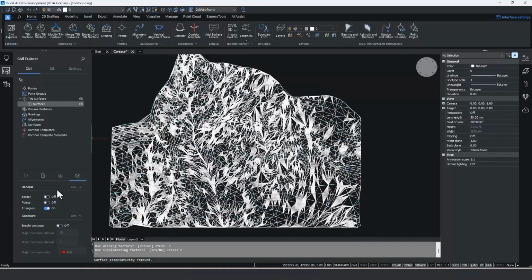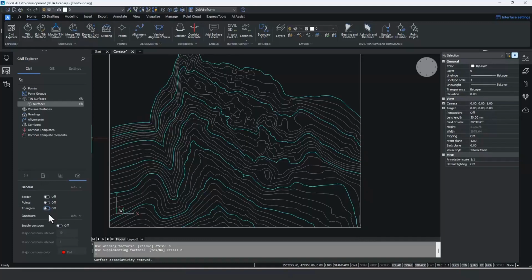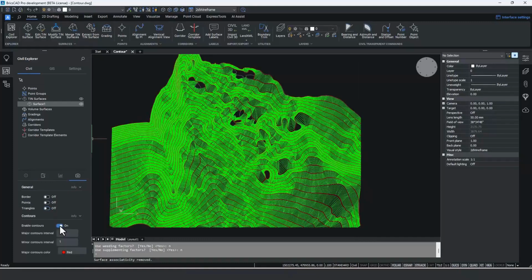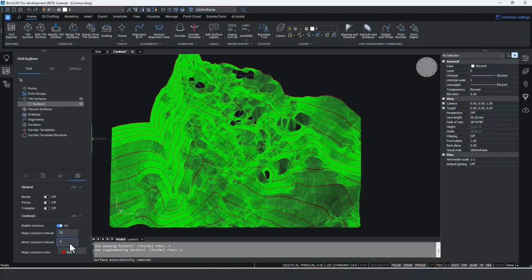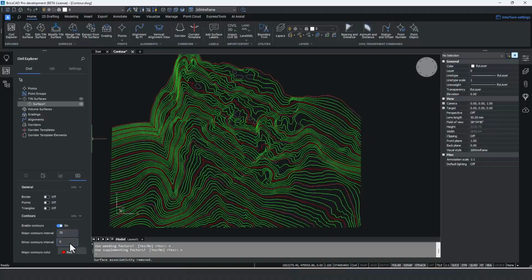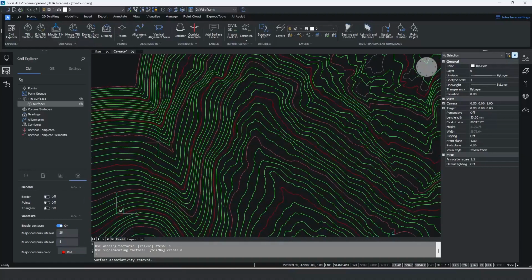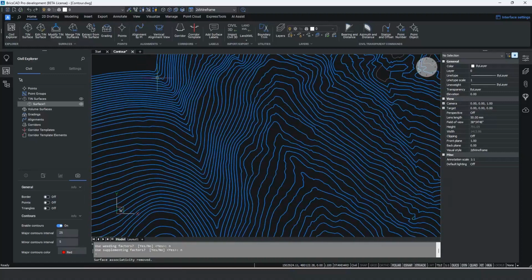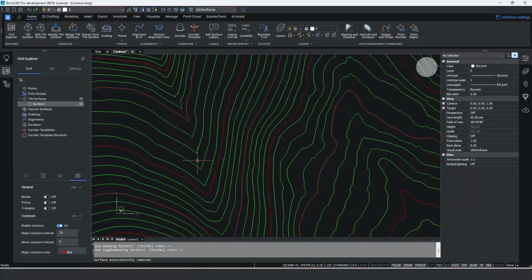If I go to the visual styles, I can turn off the triangles and turn on the contours. And this is a very steep site, so I'm going to change my major contour interval to 25 and my minor interval to 5. And we can see that in an area like this valley, our contours are following the original contour data very closely. This is because when we treat it as contour data in the tin definition, it automatically minimizes any flat